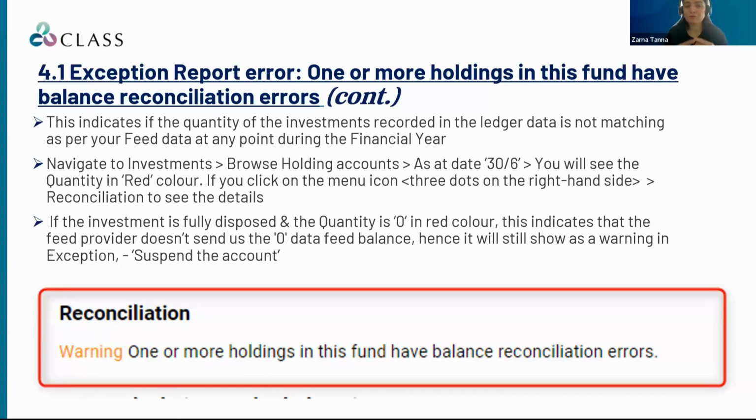So if your security balance is nil as of 30 June 2023, as an example in this case, the quantity will show in red color. That means if your quantity is 0, this indicates that the feed provider will not send any feed balance once the quantity is 0. So if your case is a 0 balance for any securities during the financial year and you're getting this error